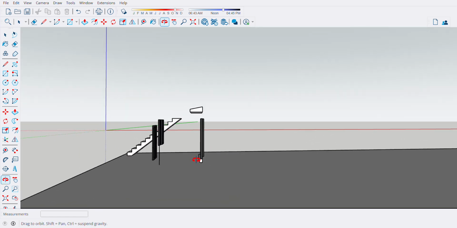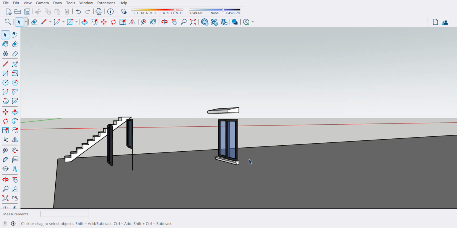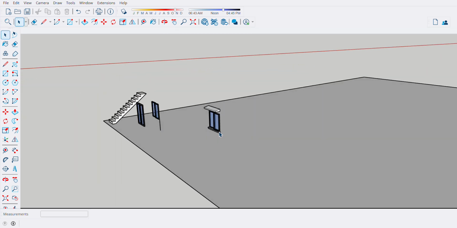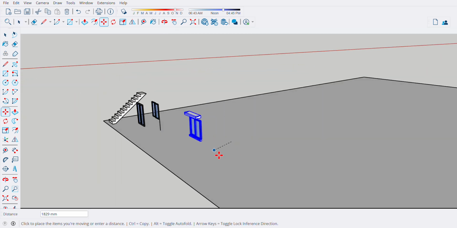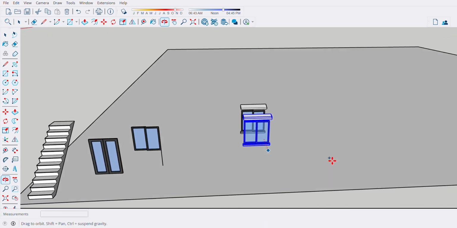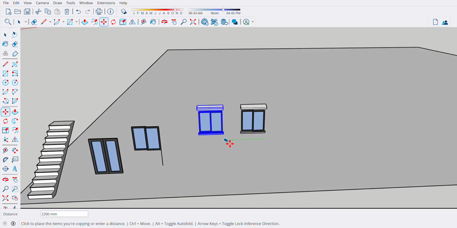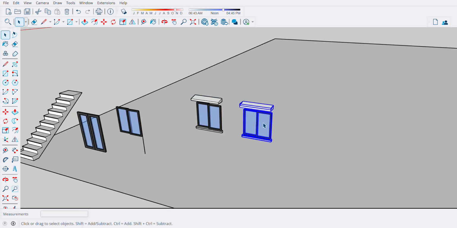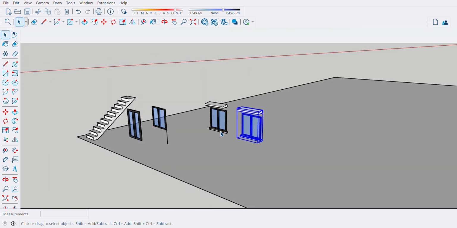And then that's it. Let's see. Make this one all as component. Now, going to copy this one. Copy. Copy here. And make this one as a group.